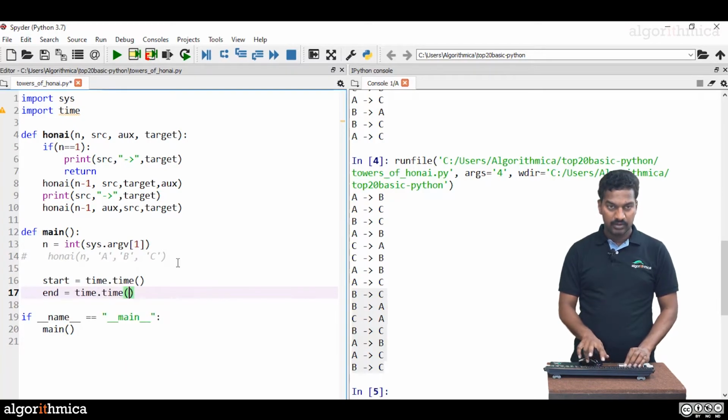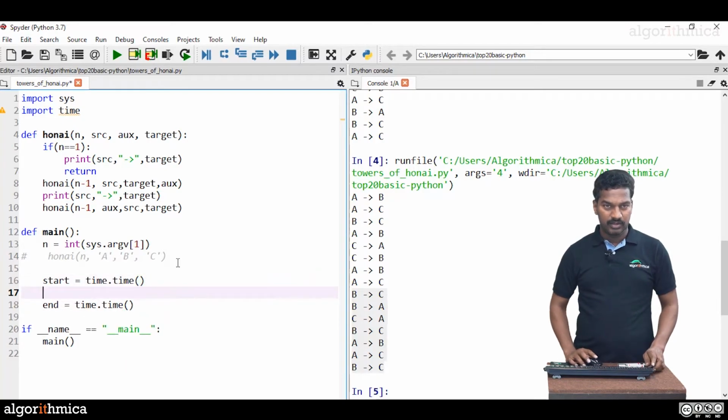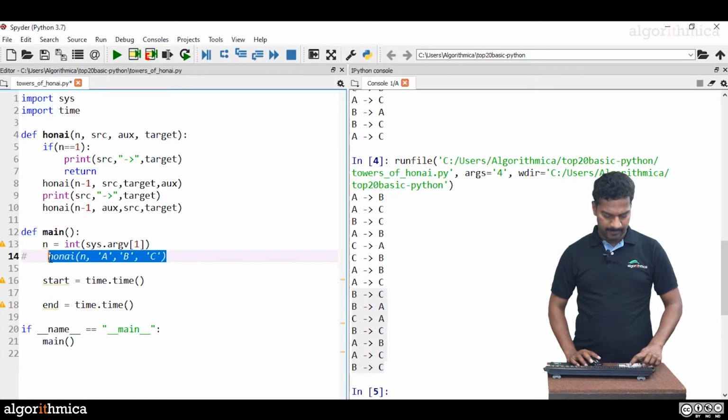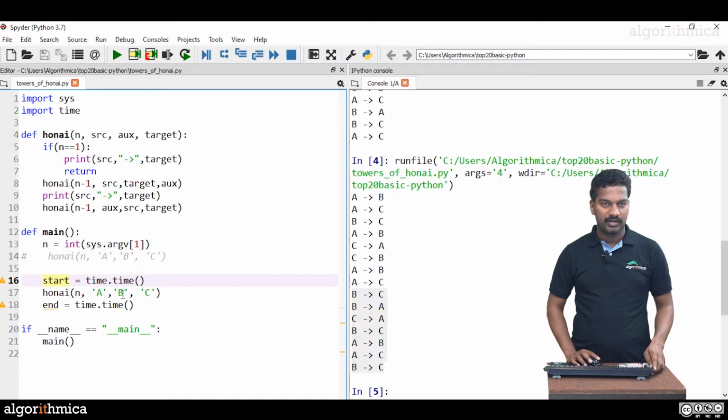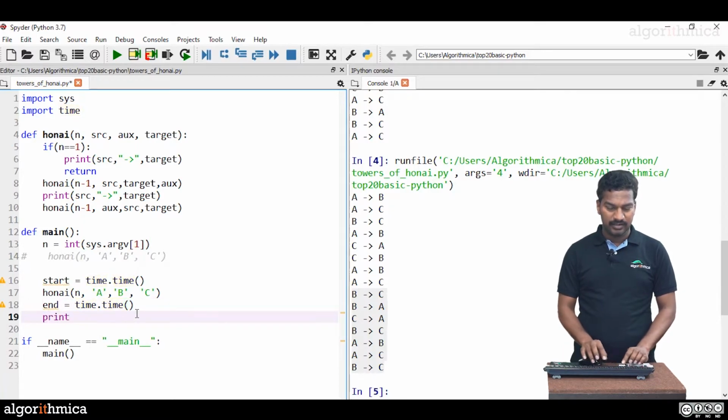In the middle, I'm going to invoke Hanoi of the given n value. So that's what start we are getting, end we are getting. It says assigned but never used. Okay, anyway, I'm going to display the difference now.